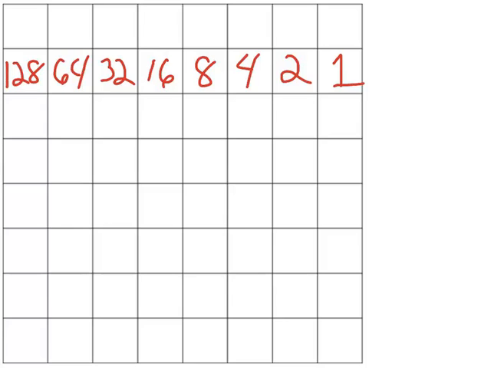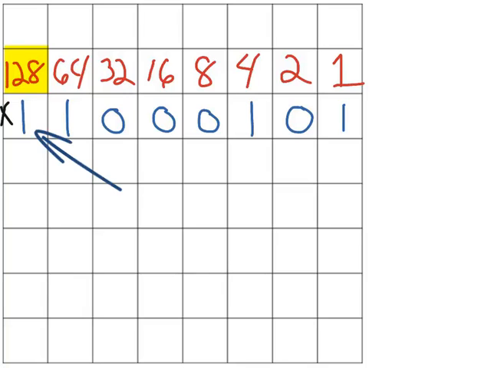And let's say I have a number like 1, 1, 0, 0, 0, 1, 0, 1. The question becomes, how do we convert this binary number back into a decimal number, a number that we better understand? So I'm going to start with the very far left, and I'm going to multiply each place value with the binary number. So I'm starting with the 128th place, and I'm going to multiply that by 1, and then right underneath it,